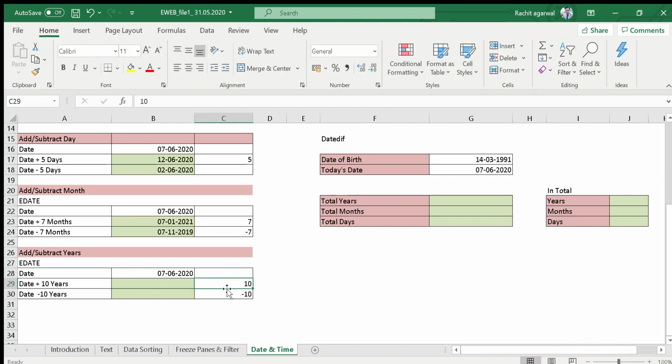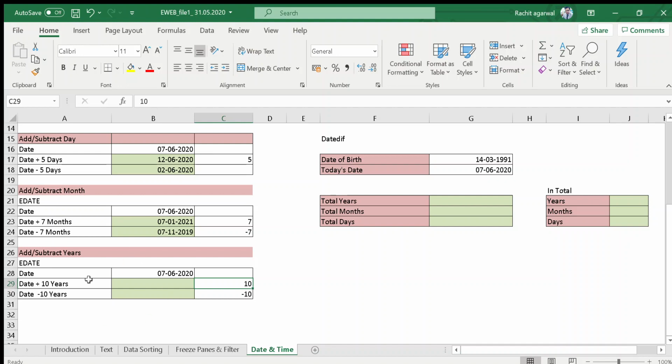But make sure if you are looking for years, you have to firstly convert the years into months, because the EDATE formula is only applicable on months. So if you want days, you can simply add and subtract. If you are looking for months, you can use the same formula EDATE.